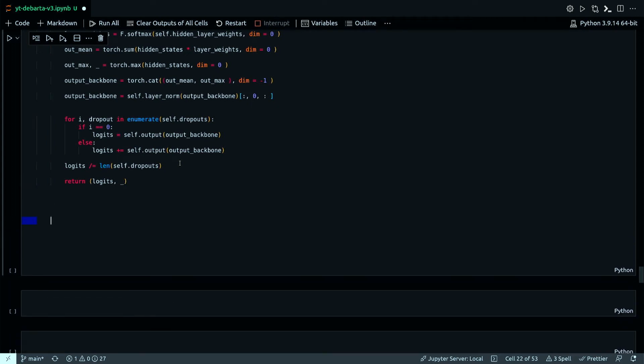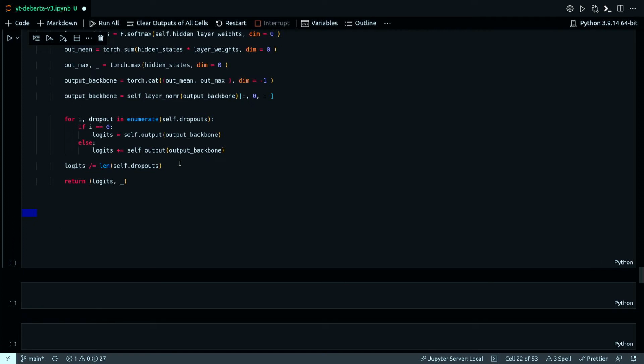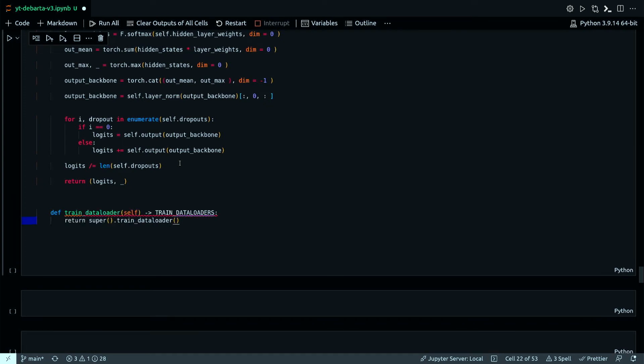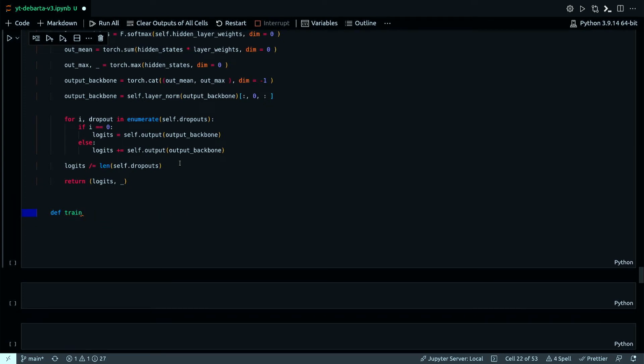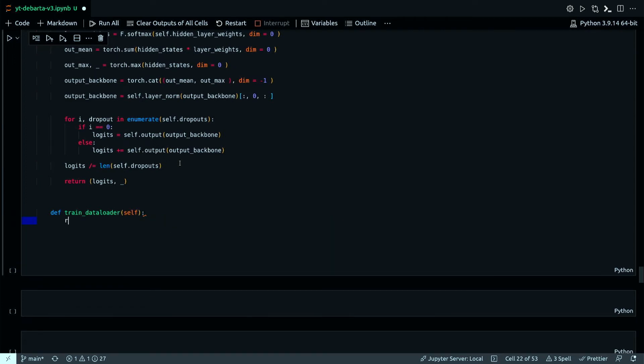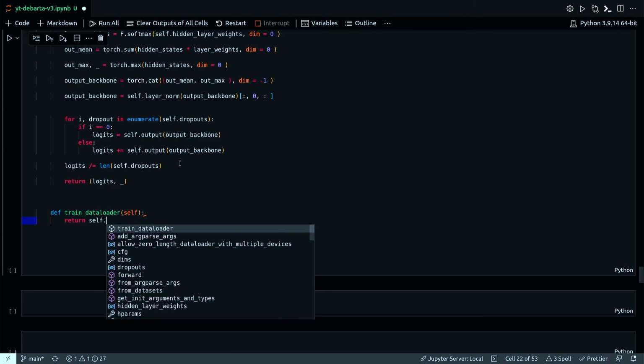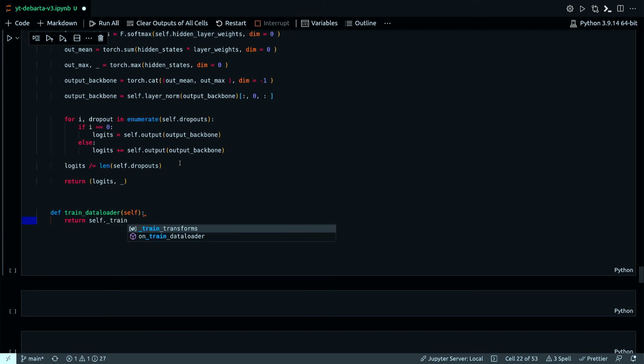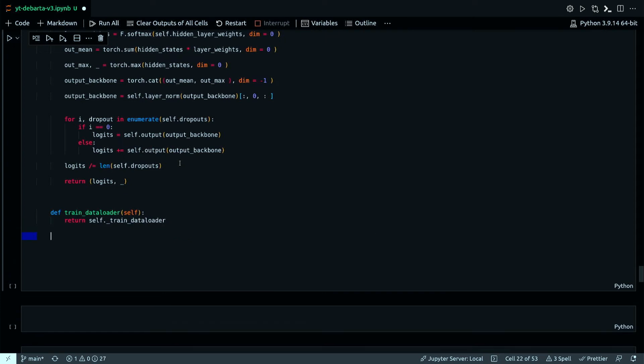Okay. Now next, I need to just define two quick functions, which are train data loader and validation data loader. Upstream. Data loader, and also.